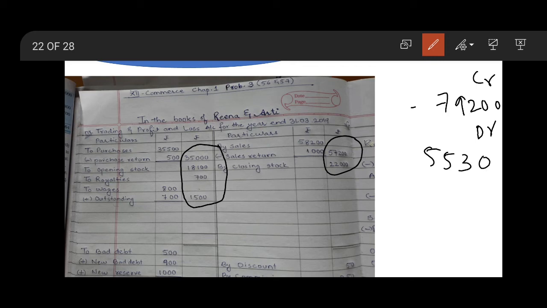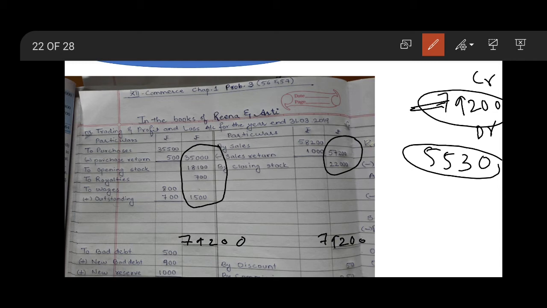55,300. So the credit side is greater, therefore you will write the amount 79,200 here, and follow the same amount in the closing line, 79,200. Now you will deduct 55,300 out of this 79,200. After deduction, you will get 23,900 as an answer, which you treat as gross profit, writing here to gross profit carried down. And this gross profit is transferred to the opposite side of the next account, meaning this side here, writing by gross profit carried down the same amount